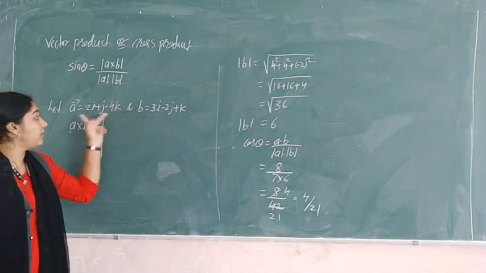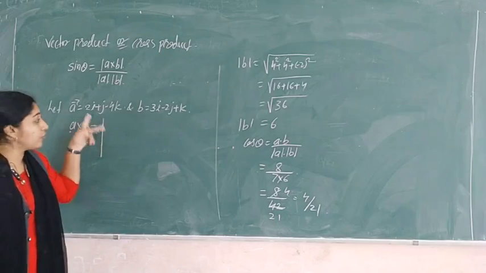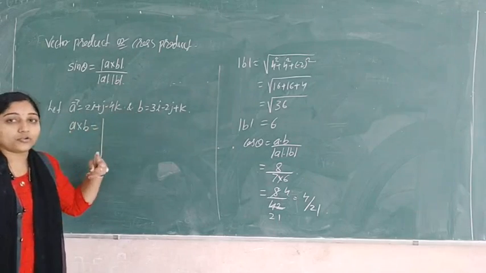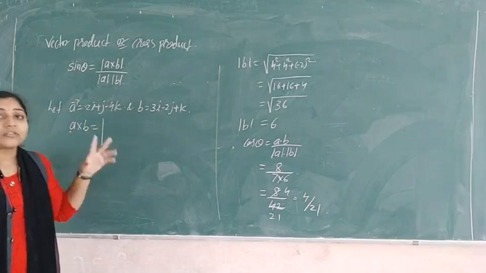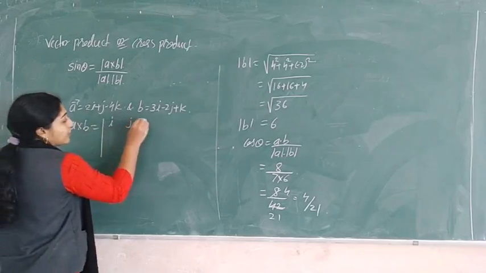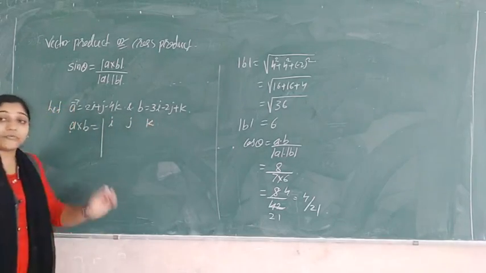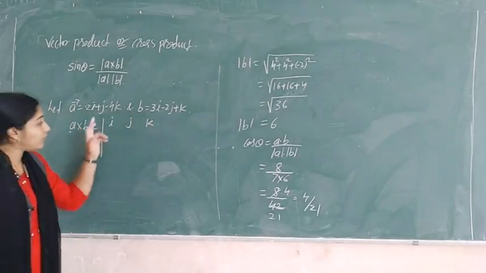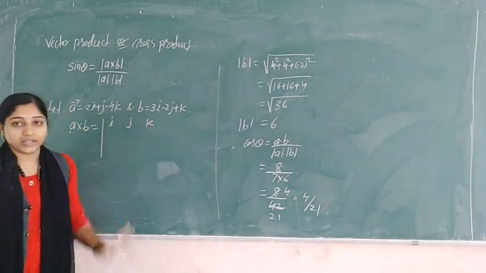So how to write the first row, the second, and the third? Here we have two equations, so using these two equations we can write two rows. But what about the third row? In the first row we have to write the variables i, j, k. In every example your first row is i, j, k.